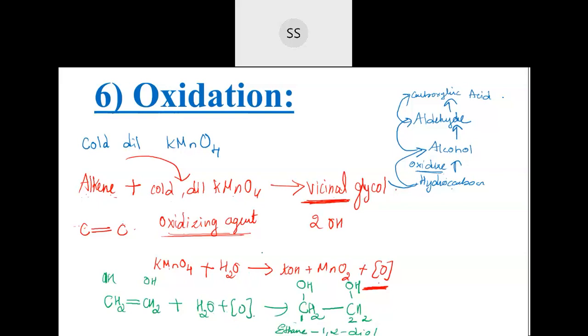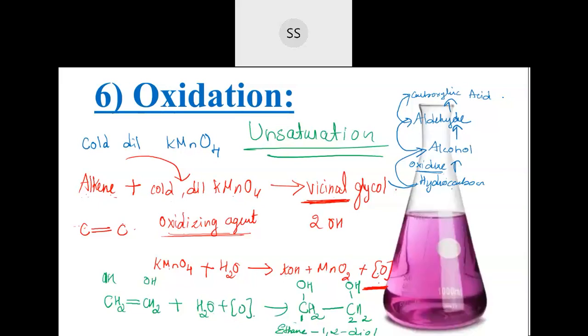Now the color also changes. It's one reaction to check the unsaturation also. It's one of the tests done in the lab. If you want to check whether your compound is double bonded, you can do this reaction, to check whether it's an alkane or alkene, because just by seeing you can't identify. So we pass this alkene into this KMnO4 solution, and then the color changes. See what color change will happen. KMnO4, if you are familiar, is purple pink in color. It has a nice purple pink color.